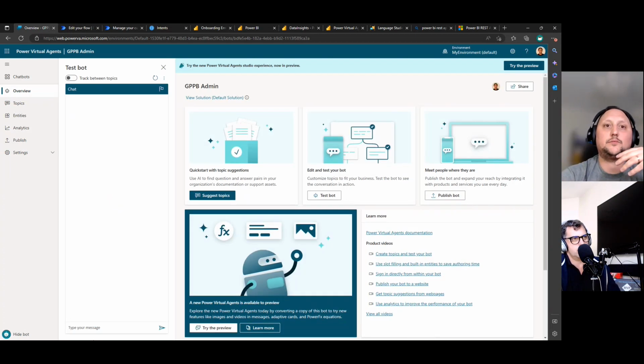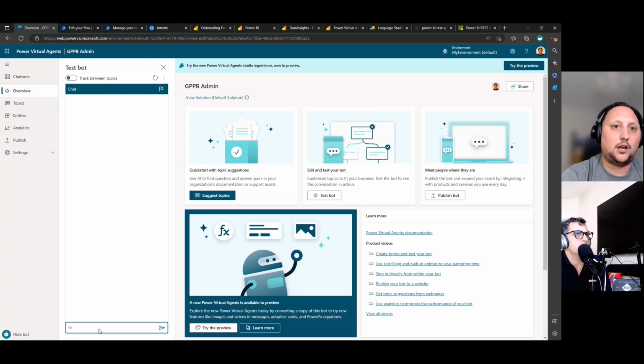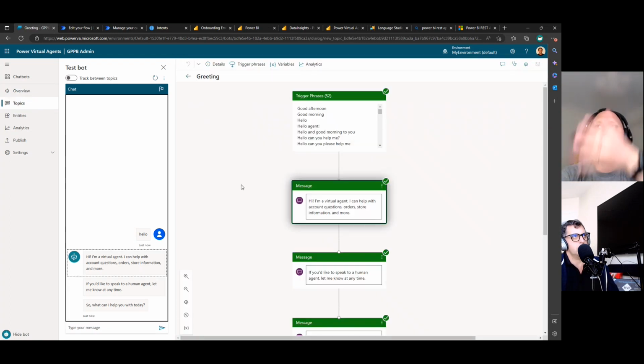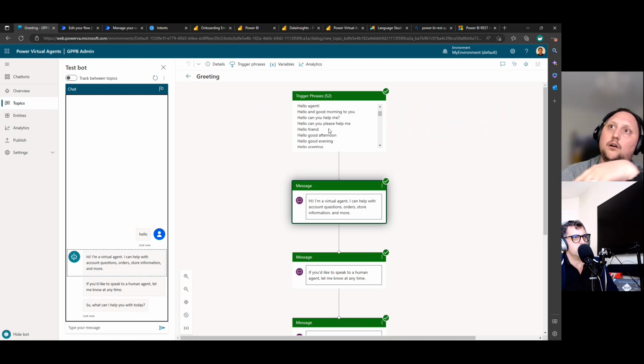So the topics, okay, let's do that again, because the page reloaded. That happened because when you see the first page, the bot is still being created. When the Power Virtualization finalizes creating the virtualization, it reloads the page and gets everything ready. So hello again. And if I click here, we have the topic. The topic is the greeting. Every topic has trigger phrases. You can see here we have good afternoon, hello, hello friend, hello, how are you? Those are the trigger phrases. Every time that a user types some of these phrases,